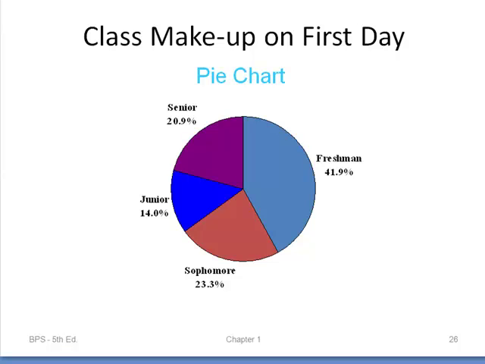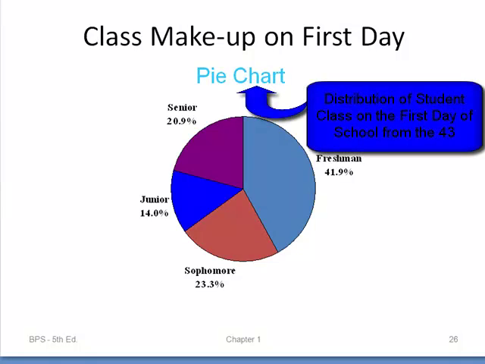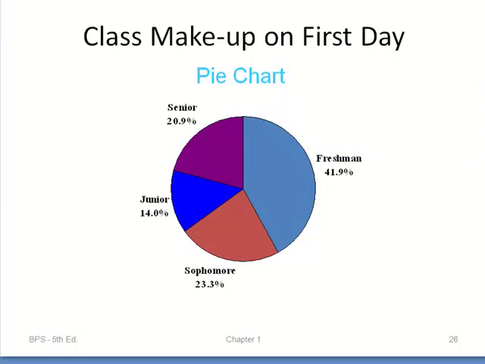Also, a great pie chart has a very good title to let you know what's going on. So instead of saying pie chart, we should say the distribution of the class makeup on the first day. And then having each of those segments where you know what year the student is in, whether it's a freshman, sophomore, junior, or senior, we can tell. So it looks to us that juniors make up the least amount and freshmen make up the most for this